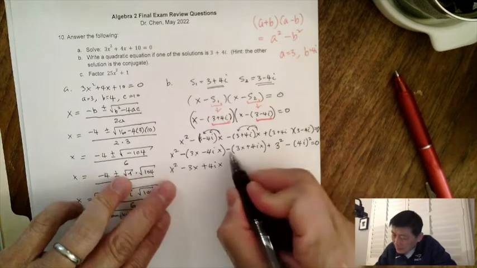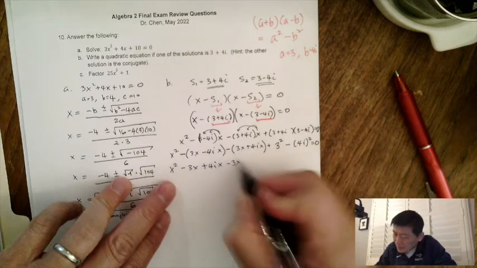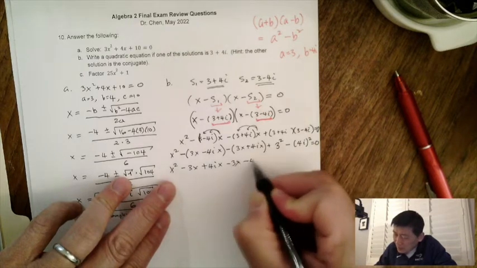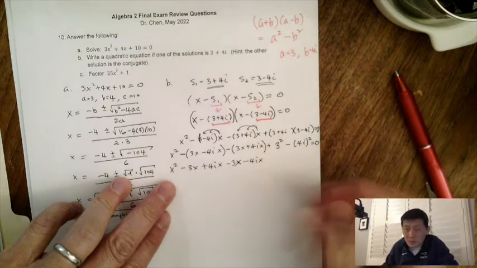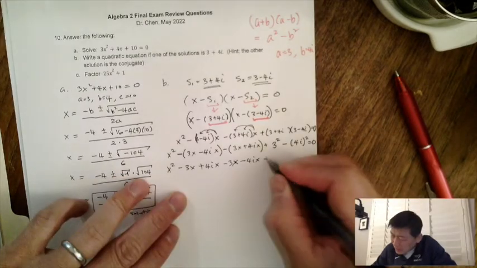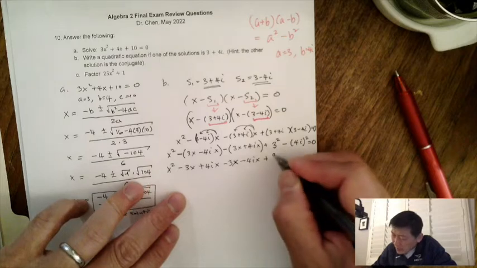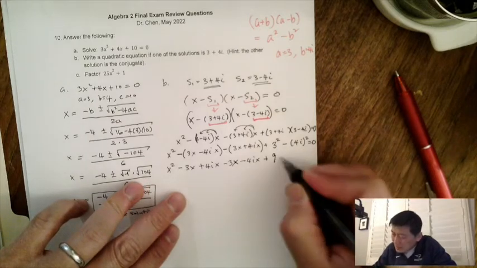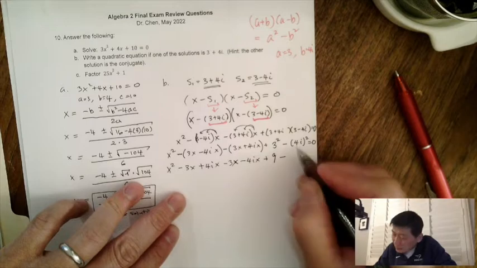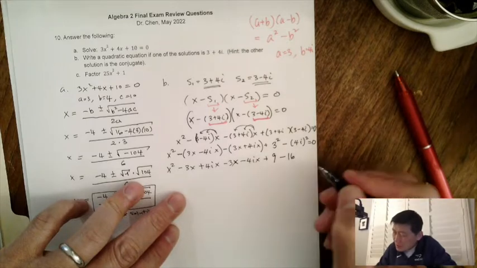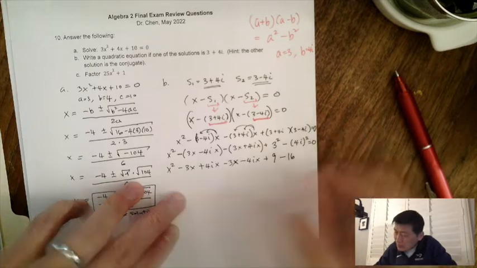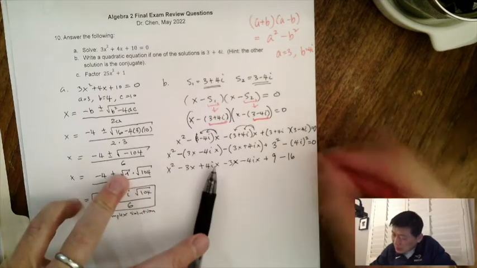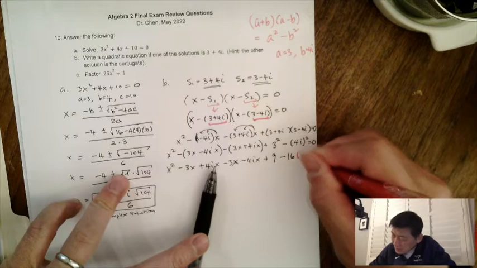And then over here is minus 3x, and then this is minus 4ix. Now this is very helpful because I already know that some terms are going to drop out. And then plus 3 squared, which is 9, minus 4 squared, which is 16, and then i squared, right? i squared. I'm going to use a red pen here. i squared